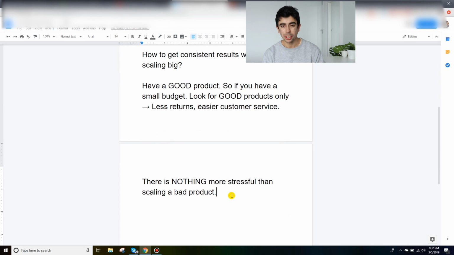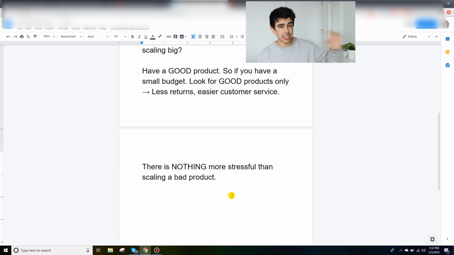So just make sure, and there's nothing wrong with scaling a bad product if you just want to make money now. But like I said, if that's what you're doing, then make sure you start at least planning something else that is more long-term, right? A more long-term solution, a more long-term dropshipping store, so that you can actually grow a tangible asset, right? A dropshipping store selling a bad product, that's not an asset, that's a cash flow business. And there's nothing wrong with that, but you should try to build an asset as well